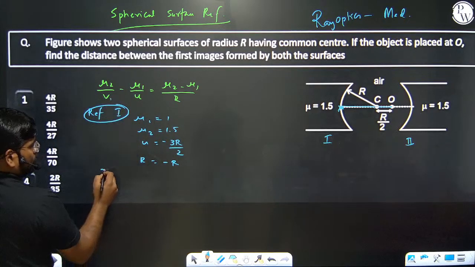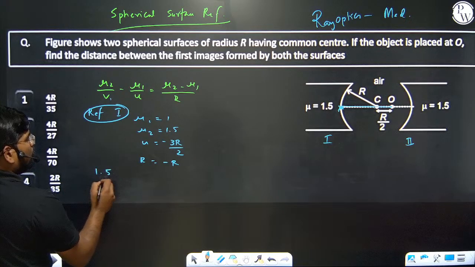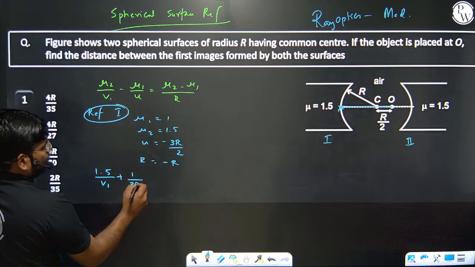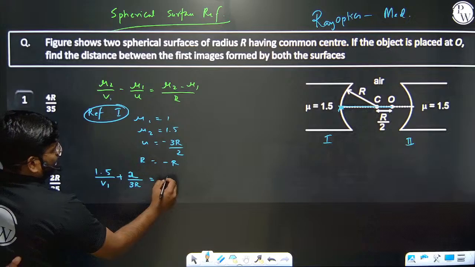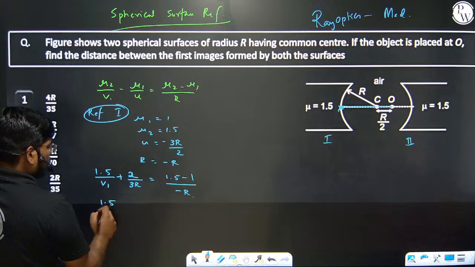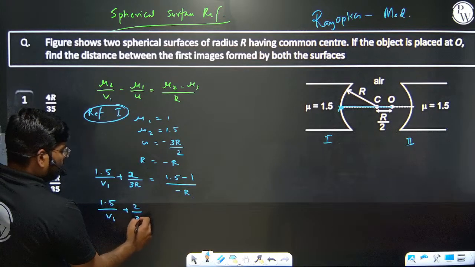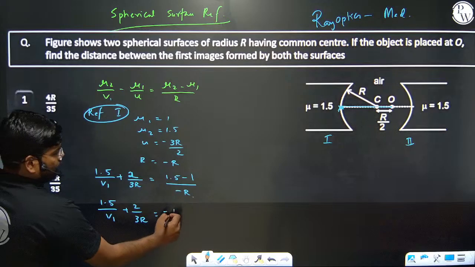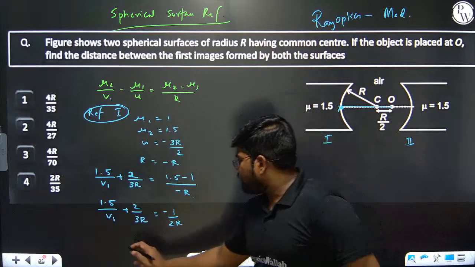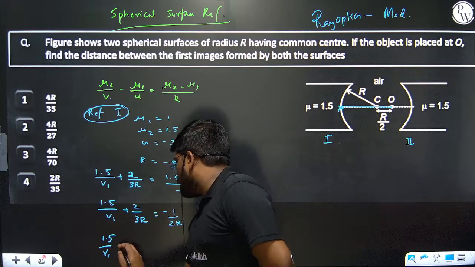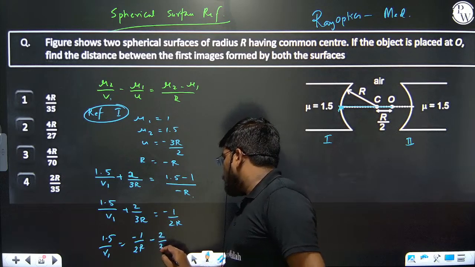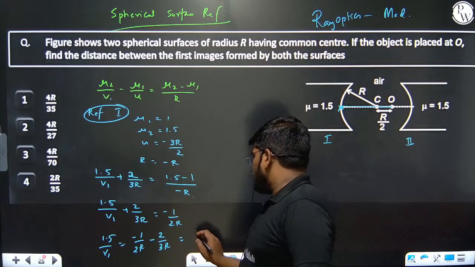So mu2, that is 1.5 by V1, then minus, or minus becomes plus, 1 by 3R by 2, I am writing here. Next, 1.5 minus 1 by minus R, so from this 1.5 by V1 plus 2 by 3R is equal to what? This is minus 1 by 2R when it goes this side. So we'll be getting, you have to look for calculations here, 1.5 by V1 is minus 1 by 2R, then minus 2 by 3R. So minus 3, minus 4, minus 7